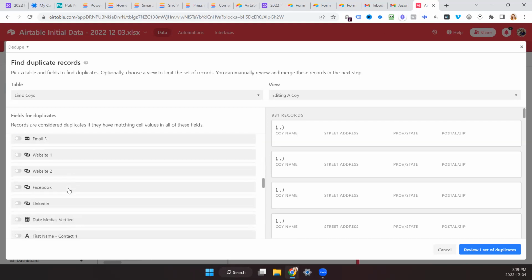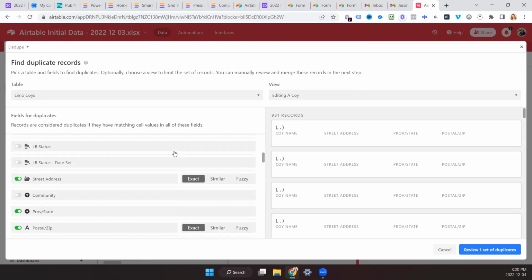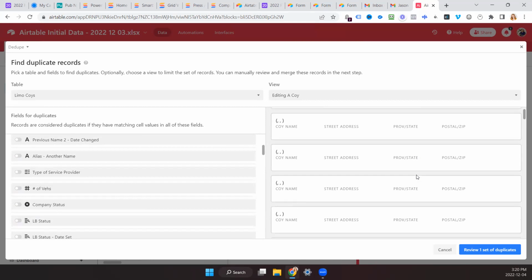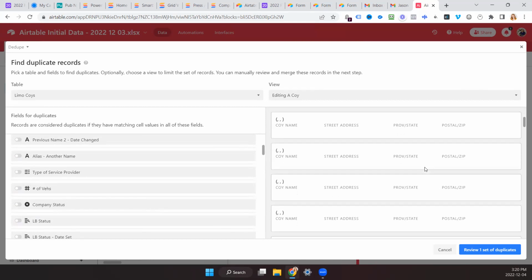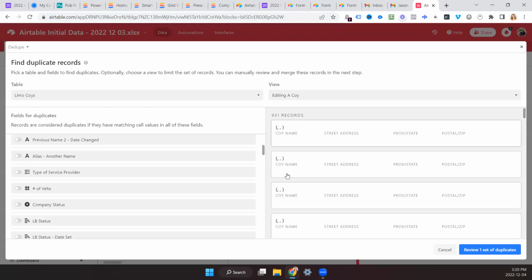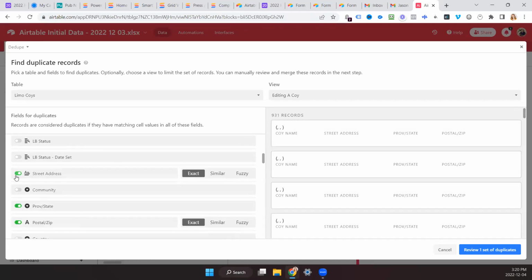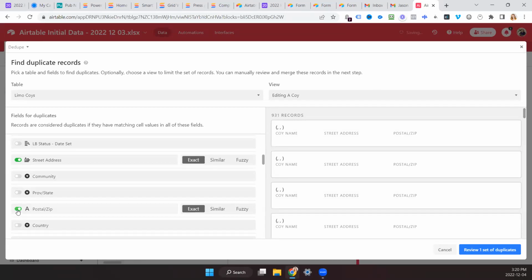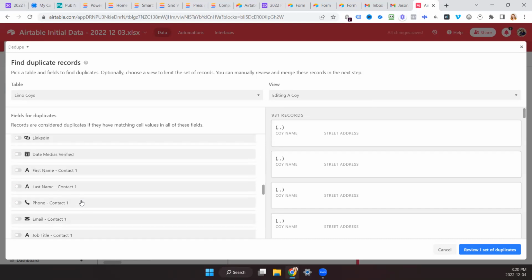Okay, so it's coming up with it. So it'll automatically put the data to the right. Is that what it's doing? Yes, so we can see all the fields that are duplicates. So there's a lot of. So it actually looks like you just got them all, but I don't think that is true, because I saw two that look the same.